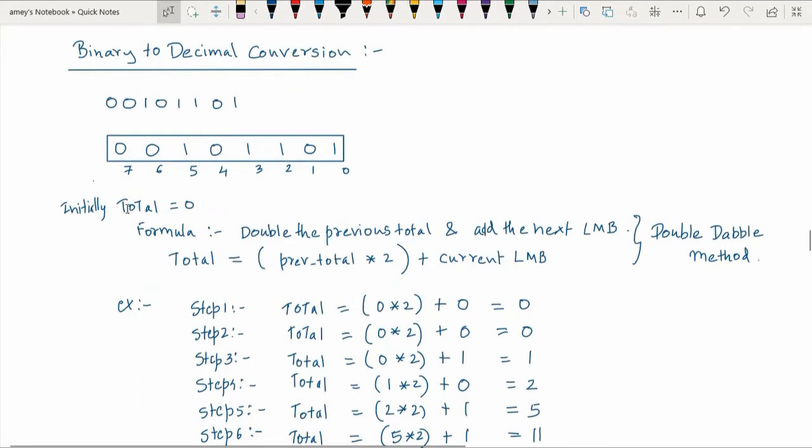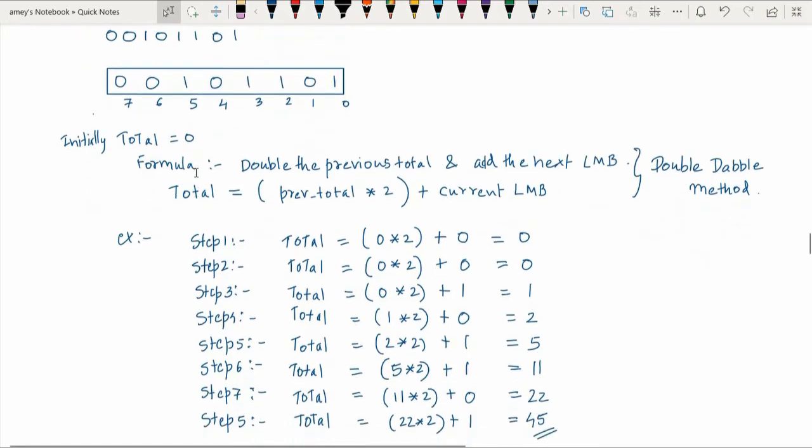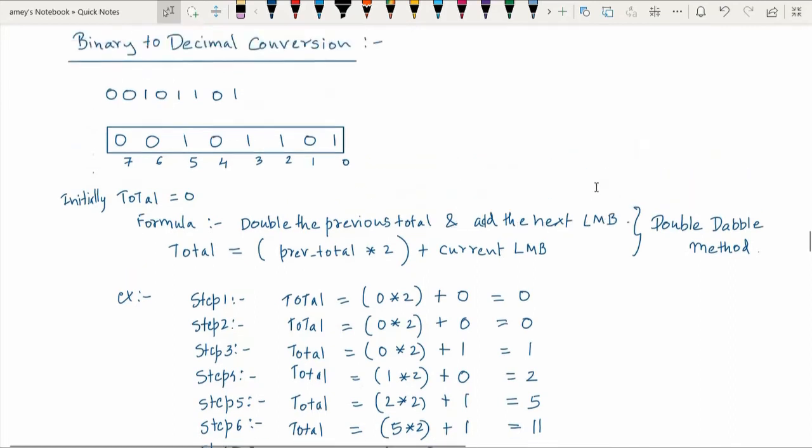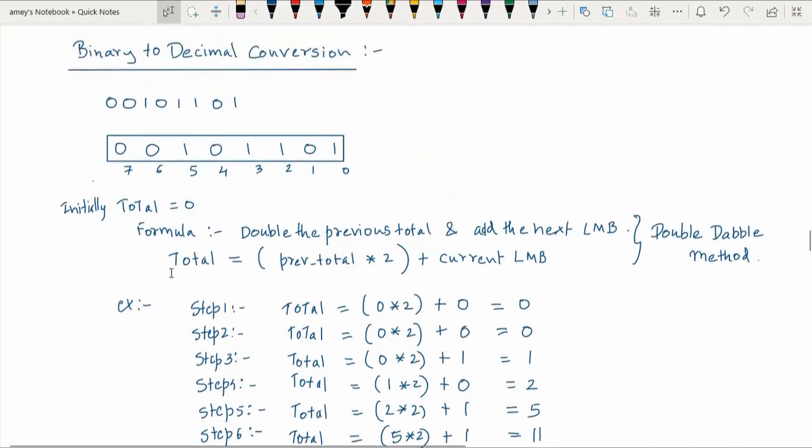Now you take a variable called total and initialize it to 0. The formula that we use is: double the previous total and add the next LMB, the leftmost bit. So the total variable is initially 0, and the new total is equal to the previous total into 2 plus the current leftmost bit.